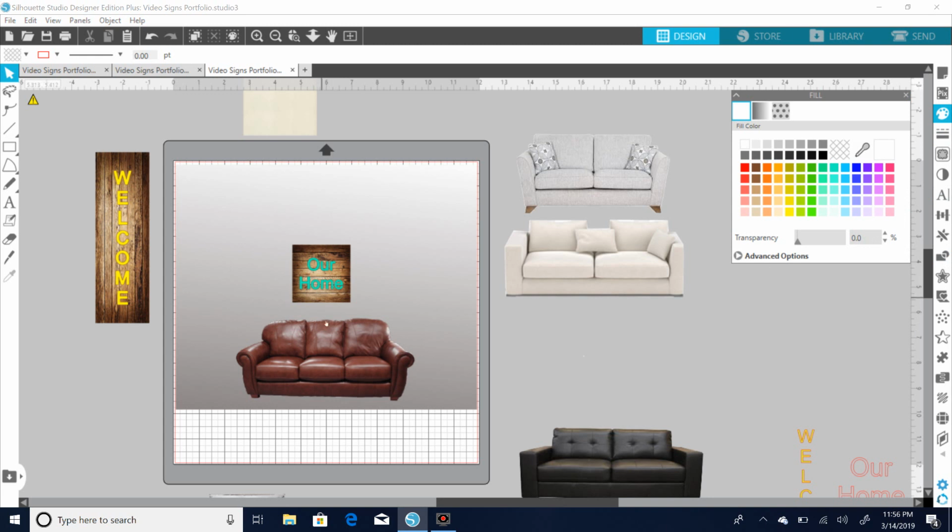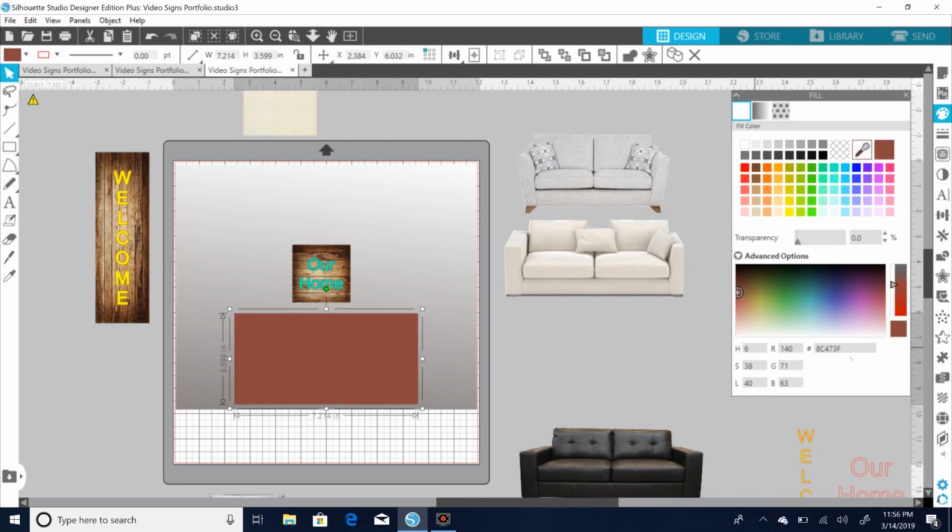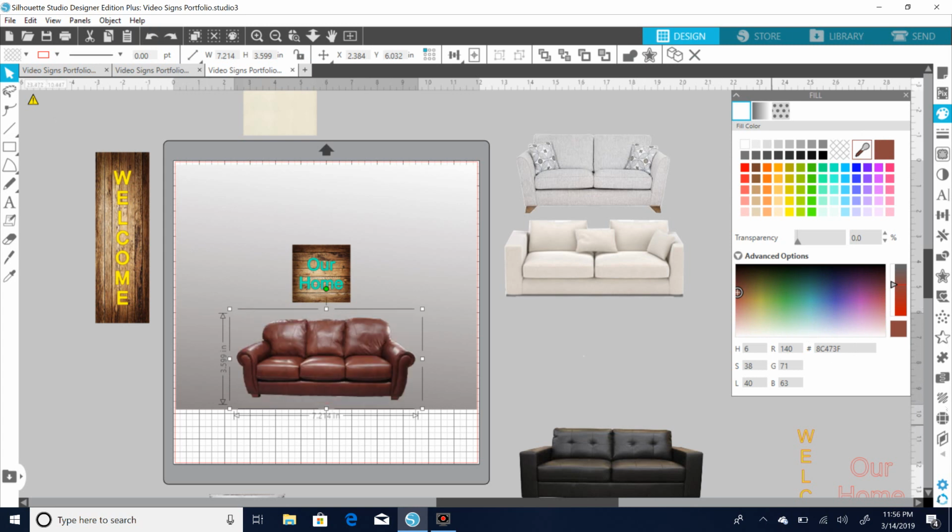You could even get a color here, pull a color in, get the hex code. It would pop up here. Like if I got a little color here, it would pull up the hex code for that. And then I could take that to a paint store and get that paint matched. But anyway,